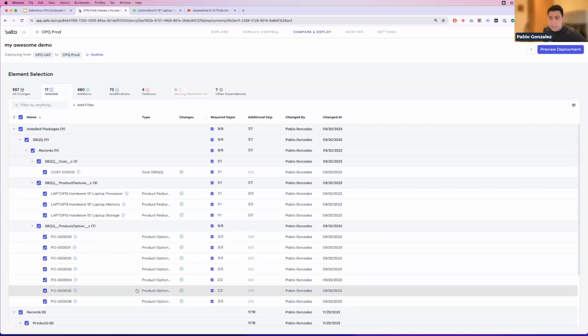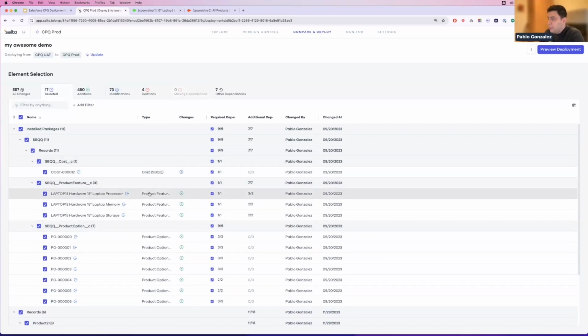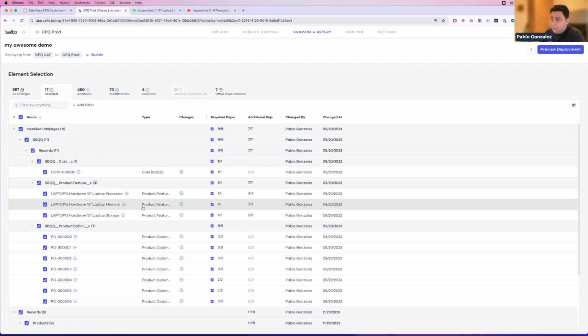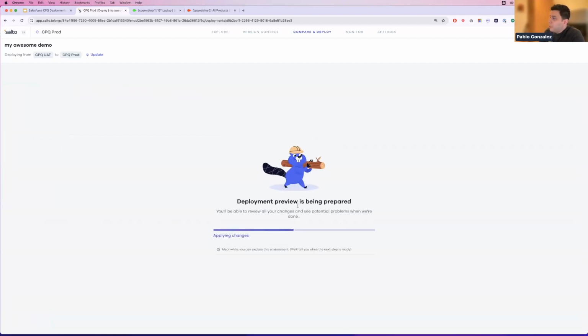So this is really nice because I know some people when they're doing CPQ migrations, they have to keep like this change log of things that they've changed and things that they're going to deploy. And, Salto also replaces that completely. You don't need any of that if you can just select everything on the screen here. So assuming that that's what I want to deploy, I can just click here on preview deployment, and then we'll